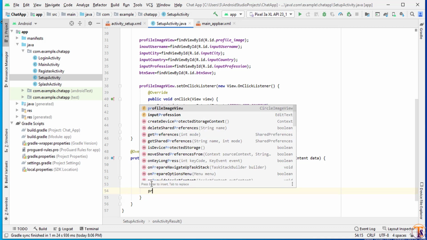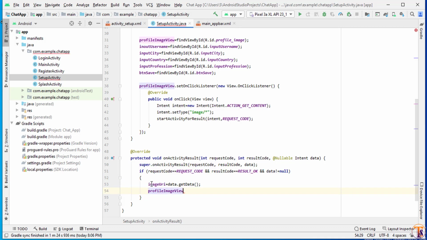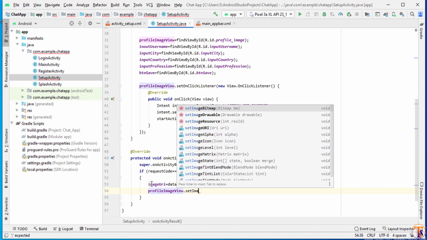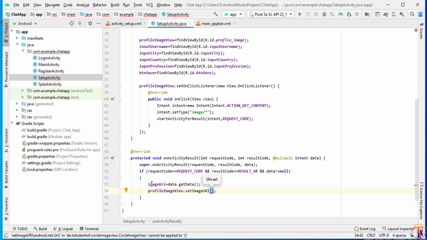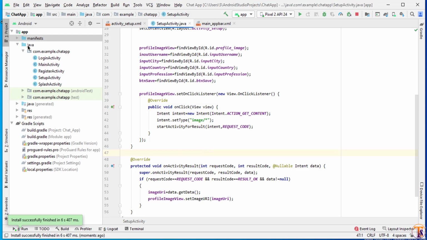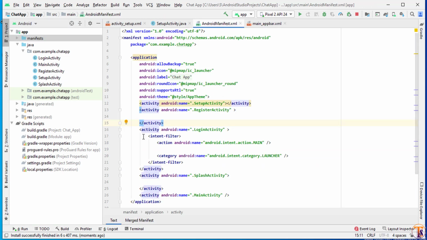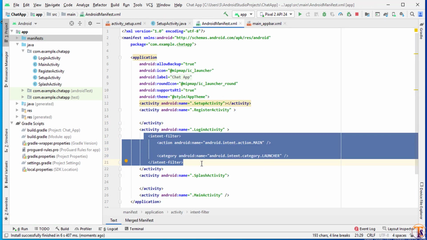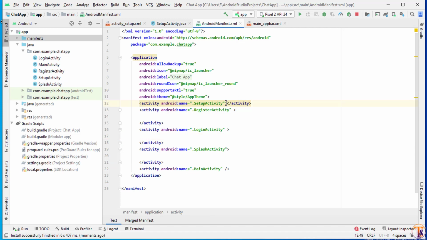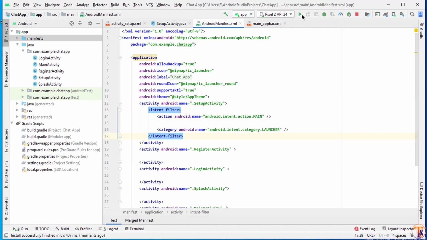Okay, now we will assign profile image view dot set image URI. So here we will pass image URI. After selecting the image, it will add the image to this profile image. Also we have to change the intent filter. So cut it from here and add it in our setup activity and run the application.